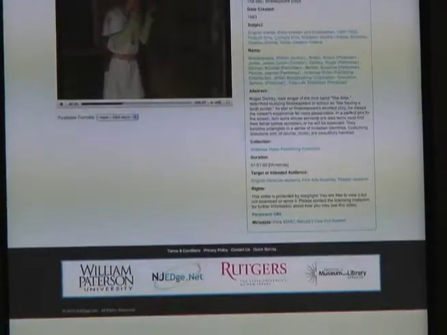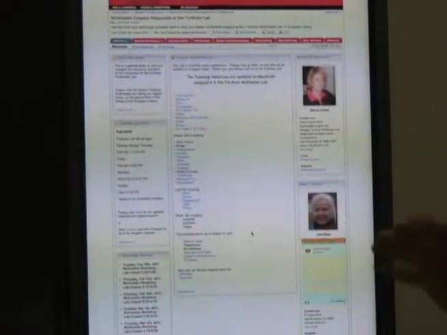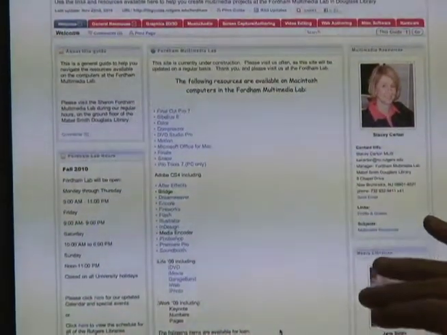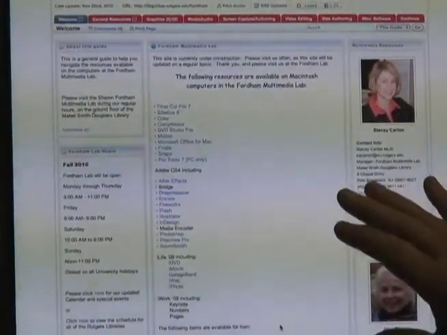And then we go to our lab resources, which are also extremely significant and relatively new. Here is the LibGuide, our research guide for our Fordham Lab. Stacy Carton is our manager. It's now open all the hours of Douglas Libraries, so students can come in and not only